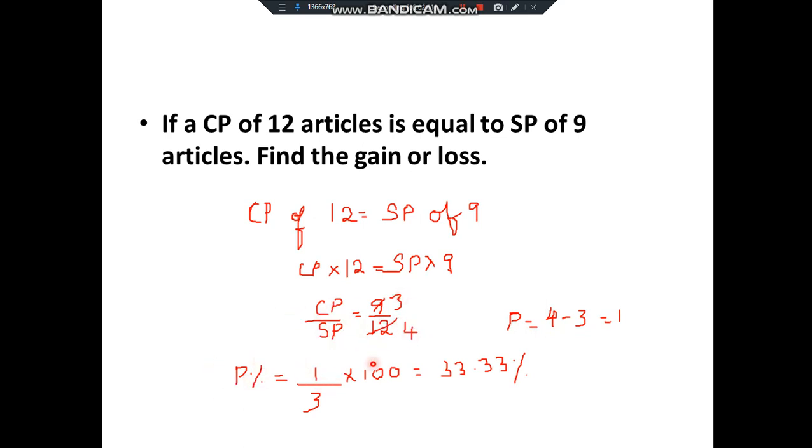See, think of the concept. For cost price of 3 rupees, we have profit of 1. We have to find it for 100, right? So how will we write 1 by 3 into 100? Or remember, profit by CP into 100. So profit is 1 by CP is 3 into 100, which you get as 33.33%. So I explained it very clearly. Next question, you try to solve it by yourself, okay? And check with my video.